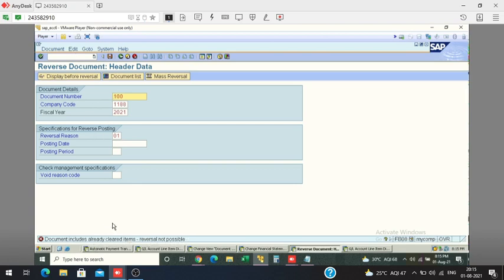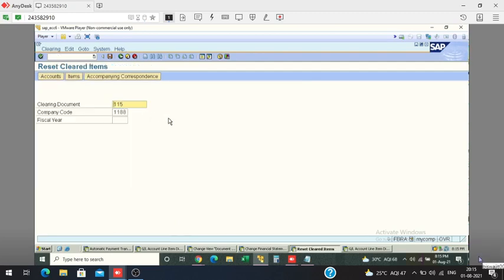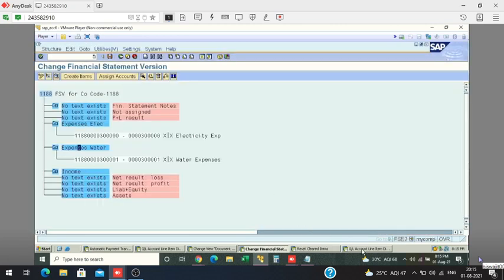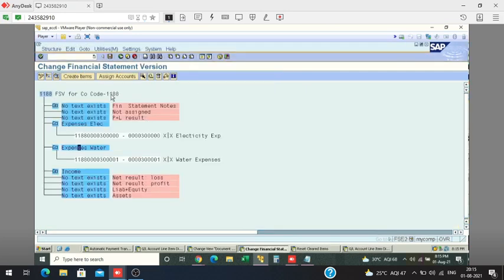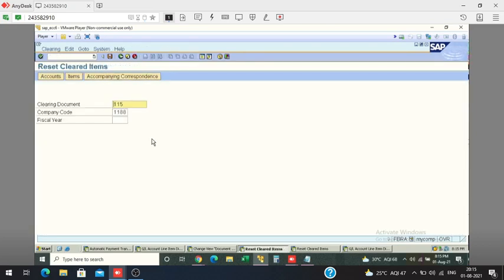So in this case we have to run FBRA. Copy the document, paste here, press enter. See, it is not cleared in the document. So first, what to do? You have to reset the clearing of this account. FBRA, 102, save.